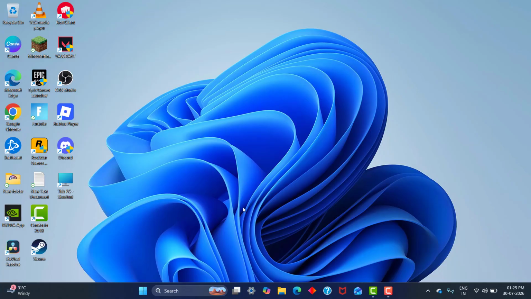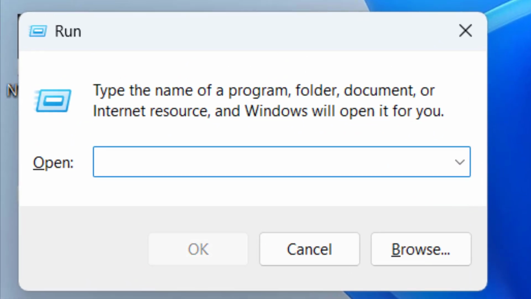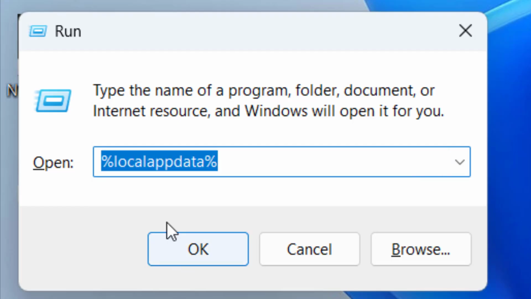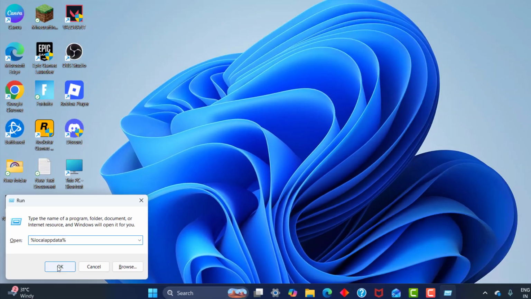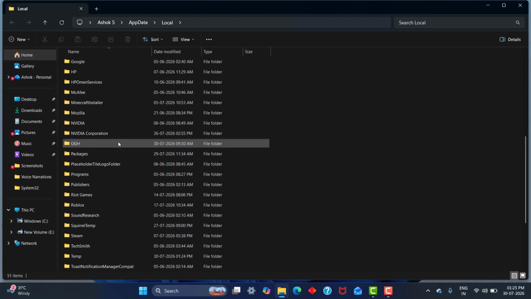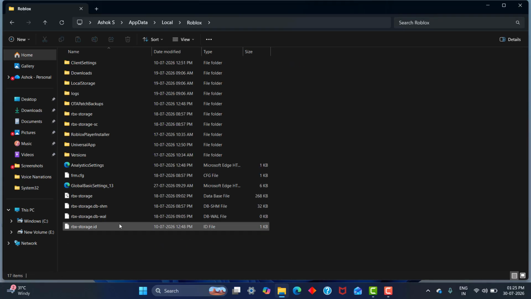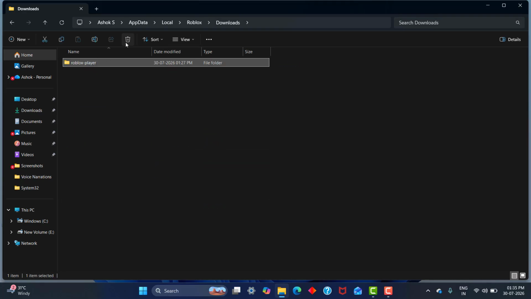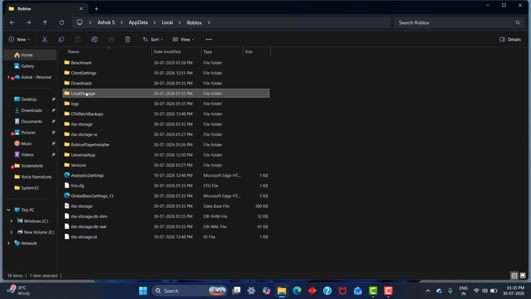Move on with the next step, clear the Roblox cache. Search for Run and type the following text: %localappdata%, click OK. Search for the Roblox folder, click it, click the Downloads folder, delete the folder inside the Downloads folder, come back, click